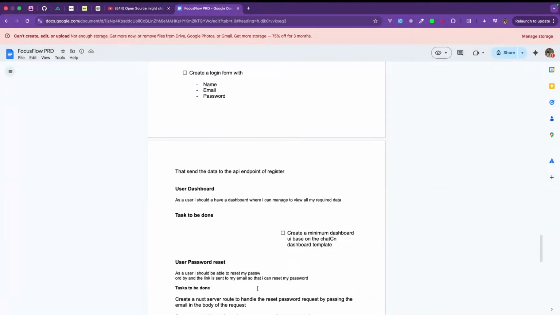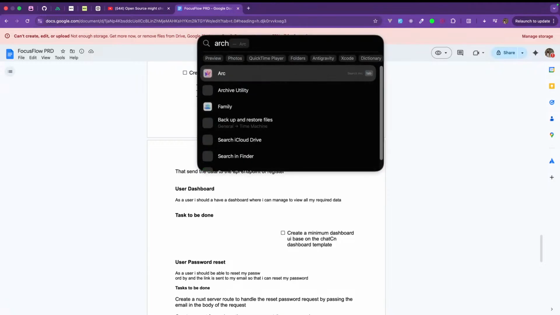I'm just using Google Docs here, but to me, that's not the right way of saving a technical requirements document. I can show you the better way. I saved it within